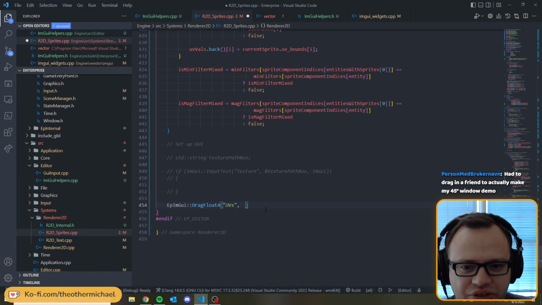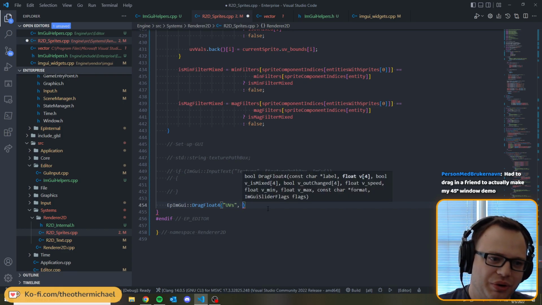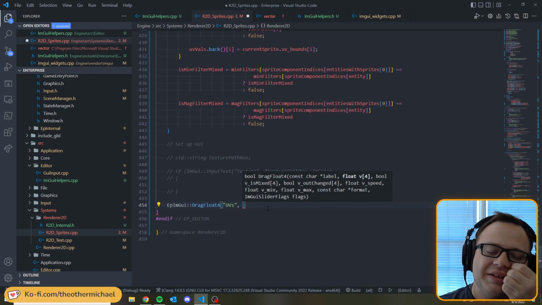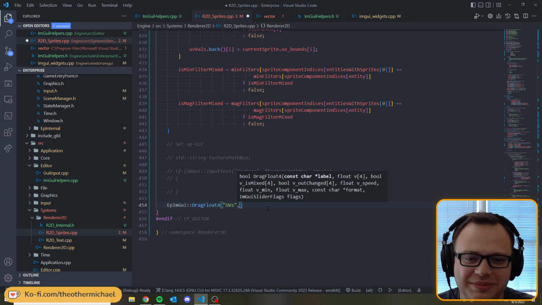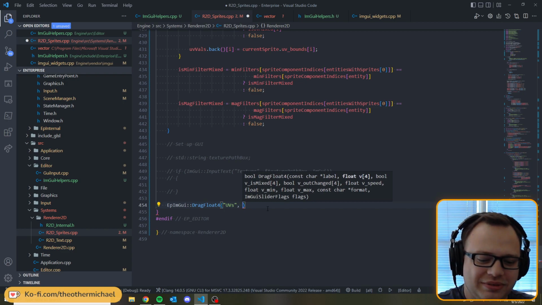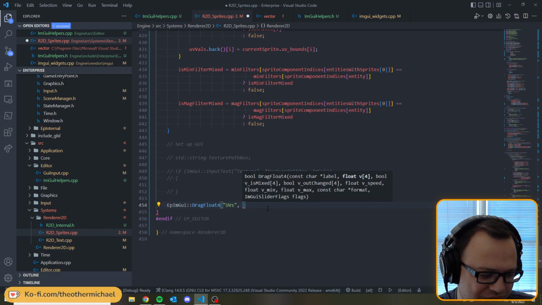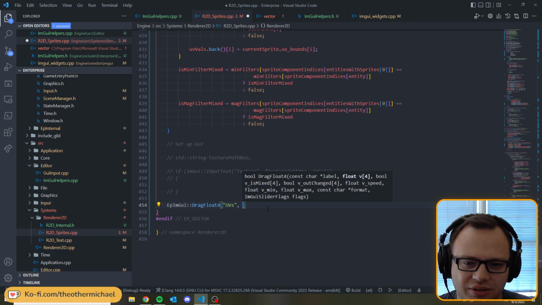Yeah, sorry, my sister needed me for something. Anyway, I had to drag in a friend to actually make my 45-degree window demo. Yeah, I'm curious how you did that, because it seems like it would break what Microsoft wants you to be able to do with Windows, but it's also not something I've ever thought to try before. I'd like to pick apart your code sometime. Anyway,